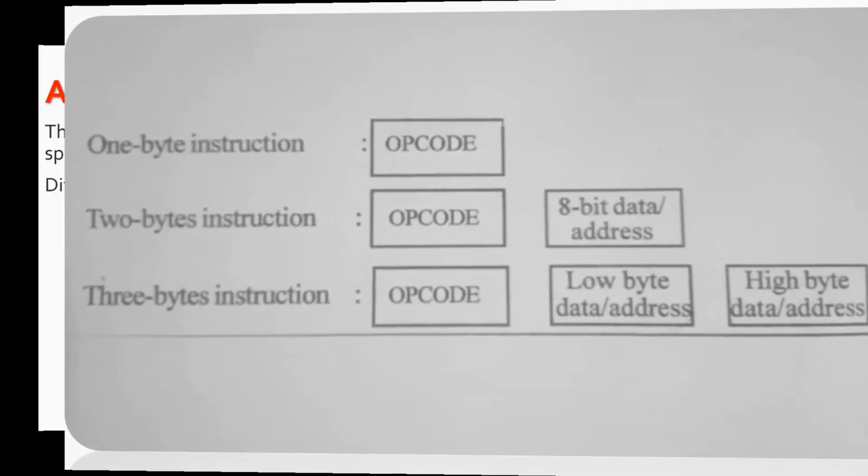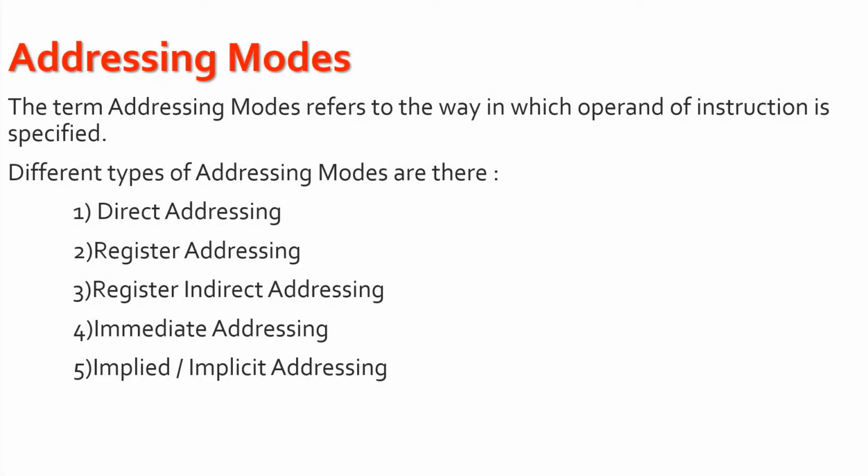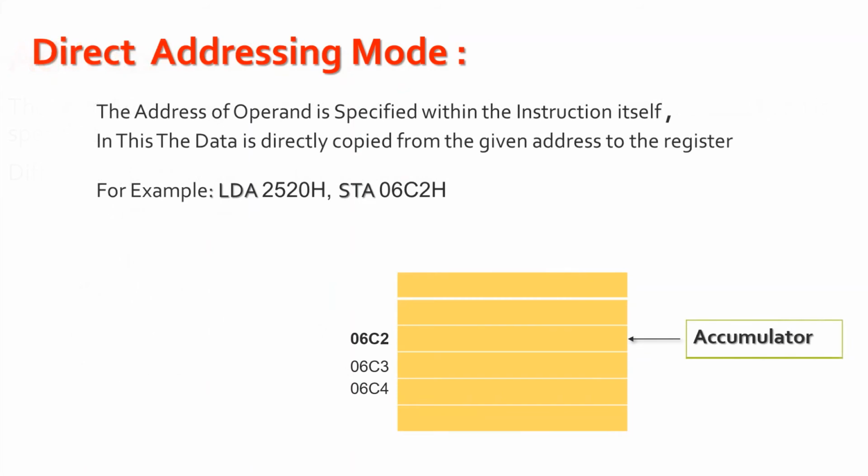Next, there are the addressing modes. These are direct addressing, register addressing, register indirect addressing, immediate addressing, and implicit or implied addressing. So we will see one by one. First, direct addressing mode. These are generally 3 byte instructions. For example, LDA 2520H or